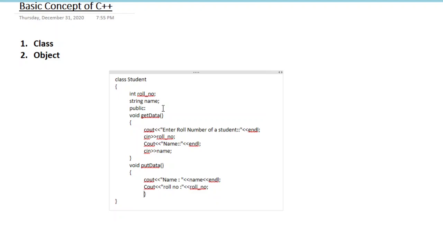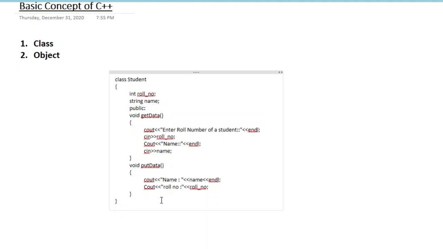Like, if we are defining int roll number, so roll number is an entity which will access all the data members and member functions of integer. So here int is a data type. We will talk about the integer class also, but in general terms, object is an instance of a class.